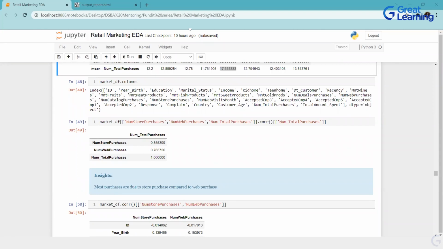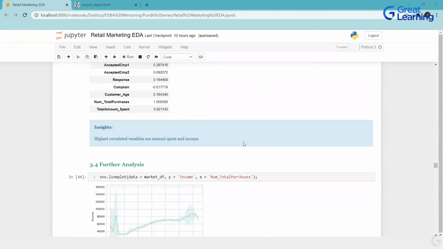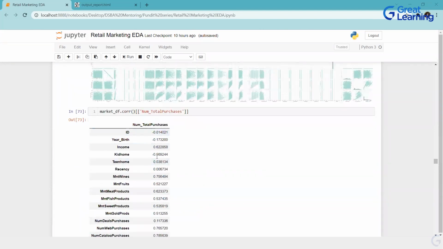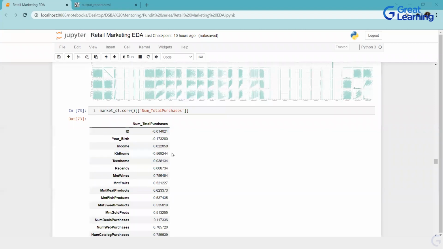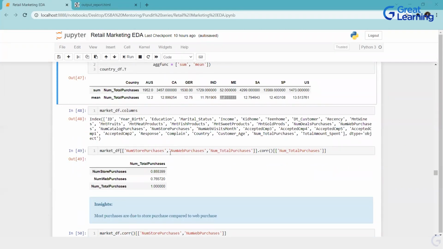Okay, can we sort this correlated data? Yes, you can definitely sort it. You can go ahead and store it in a data frame and sort it. That's not a problem. As usual, you do a sorting, you can go ahead and do that. Okay, everything you can do with your data as long as the syntax is correct.